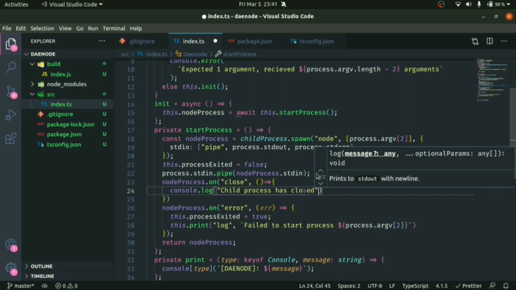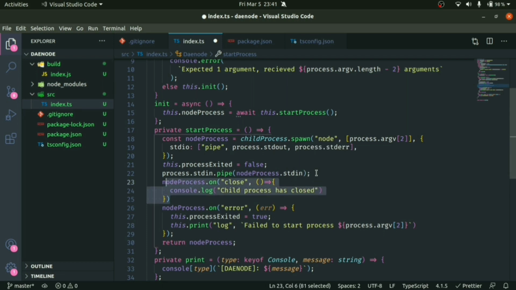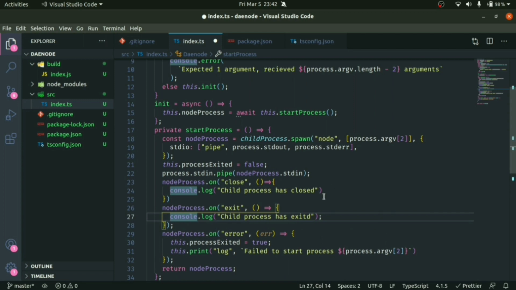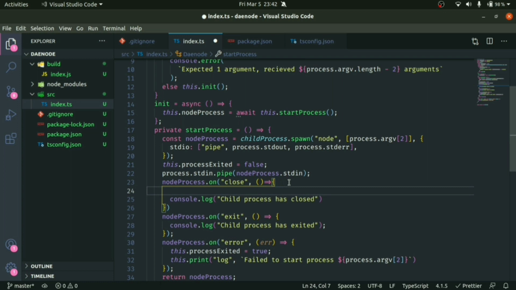We'll just copy this, but next we'll listen on exit. So now it will be child process has exited, and in both of these we want to set this.processExited to true, because now the process has exited, and the same for this one.